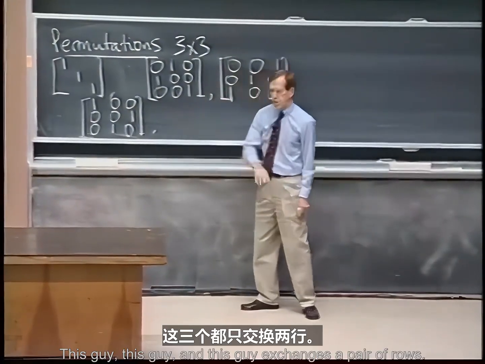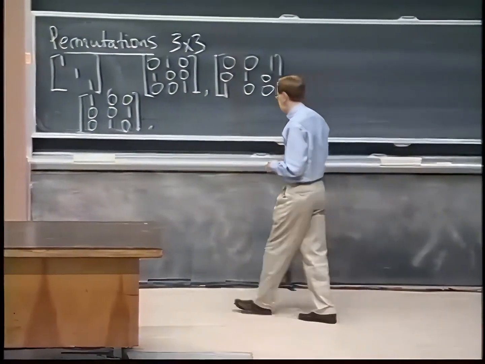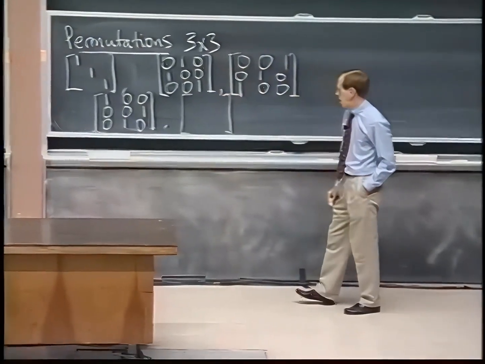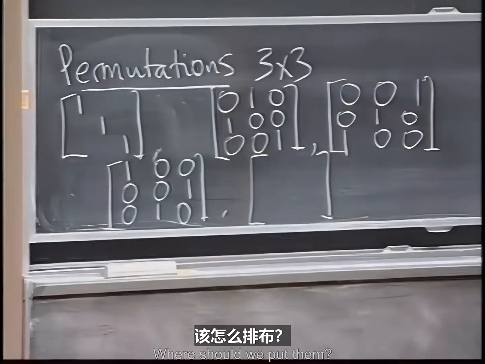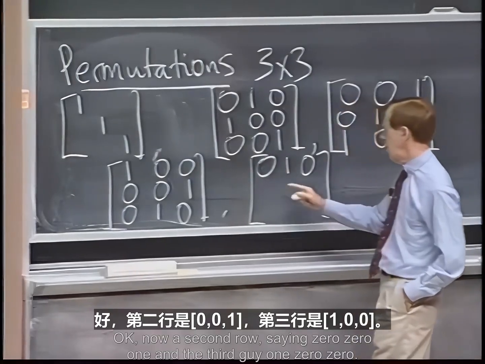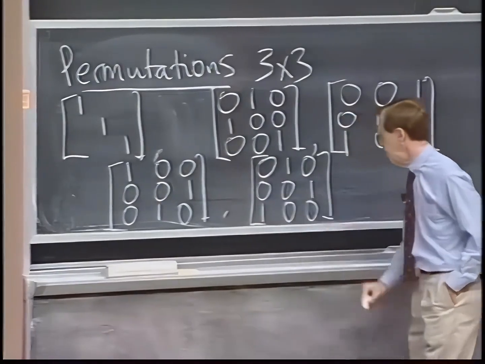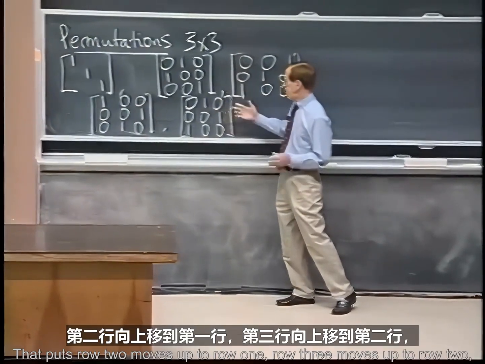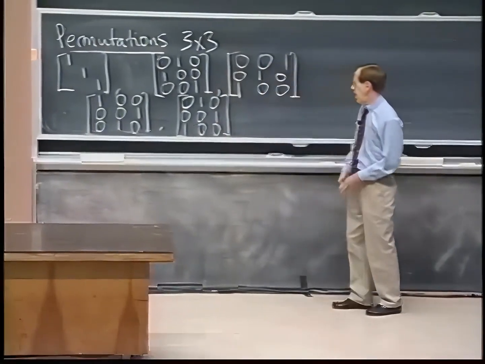This guy, and this guy exchanges a pair of rows. But now there are more possibilities. What's left? So there is another one here. What's that? It's going to change all rows, right? Where shall we put them? So give me a first row. 0, 1, 0. Okay, now a second row, say 0, 0, 1, and the third guy, 1, 0, 0. So that is like a cycle. That puts row 2 moves up to row 1, row 3 moves up to row 2, and row 1 moves down to row 3. And there's one more,